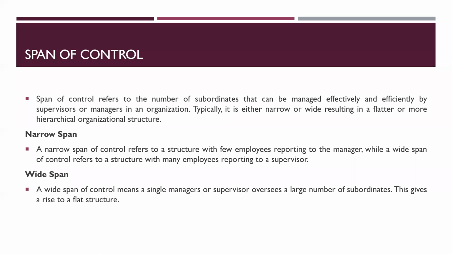Take an HR department, where there is an HR manager. Under the HR manager, 3 assistant managers are there, so the HR manager's span of control is 3. Under the 3 assistant managers, 2 employees are working and reporting to each of them. So for each assistant manager, the span of control is 2. That means the number of people a person supervises is the span of control.